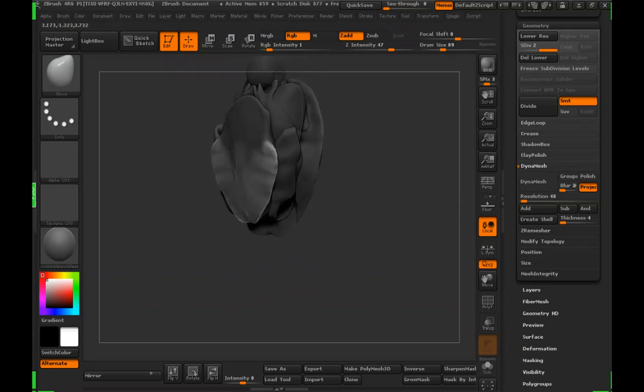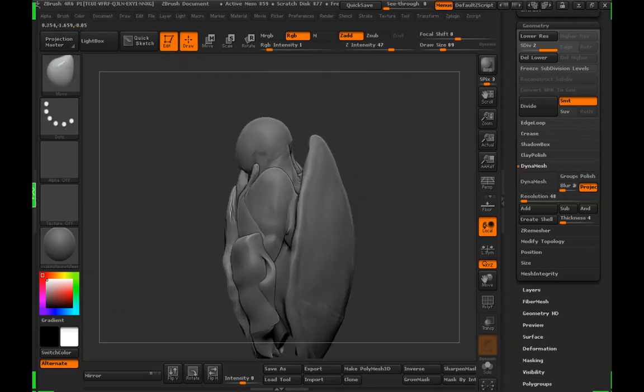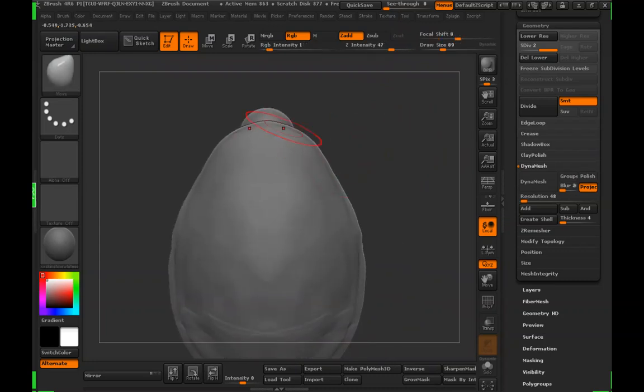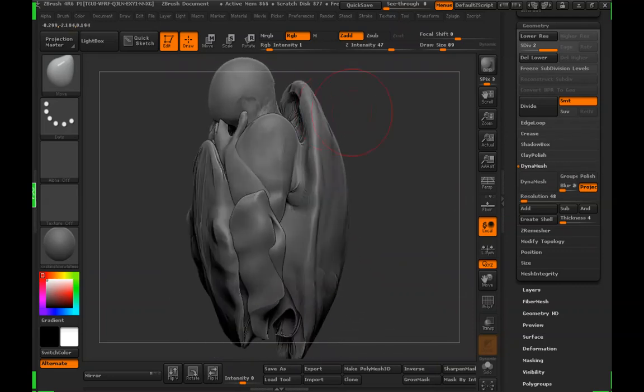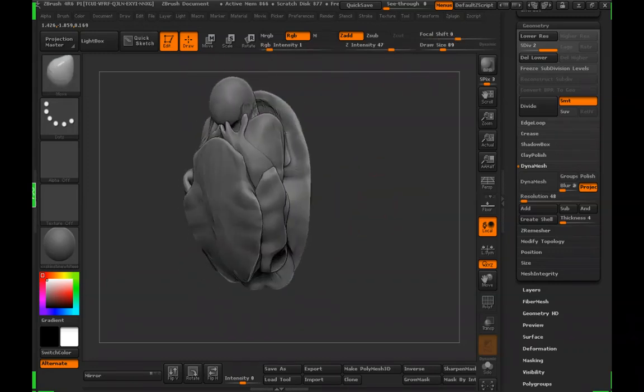Yeah, maybe like this, and this definitely needs to be bigger. Not so much bigger. Not that much bigger, but definitely bigger. Okay, so